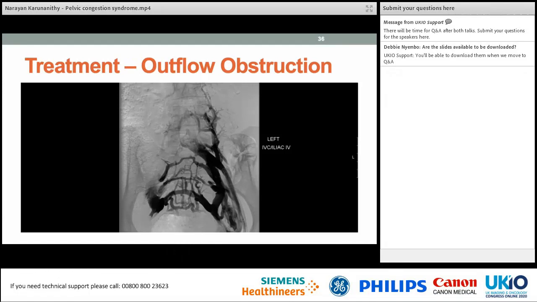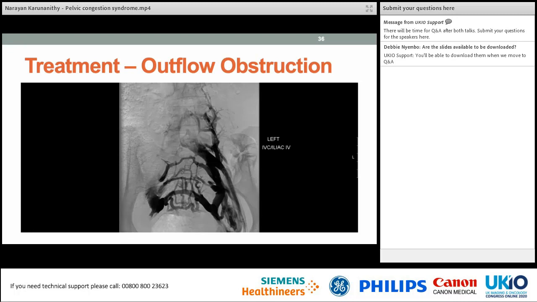Coming on to the treatment of venous outflow obstruction, as we described, this is again a typical case where we've done a venogram from the left common femoral vein and demonstrated an obstruction of the common iliac vein and secondary cross-filling of the pelvic collaterals, the contralateral internal iliac vein and common iliac vein, and that forms the outflow for the obstructed left-sided system. In our experience anyway, when we see the dilated arcuate veins within the myometrium, they seem to often indicate this sort of